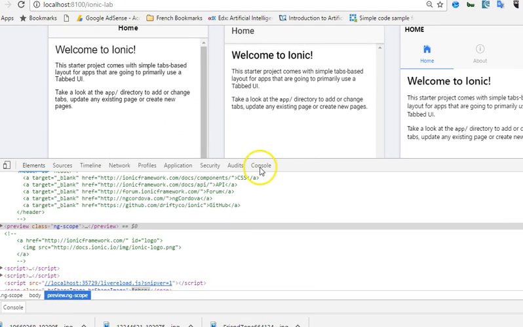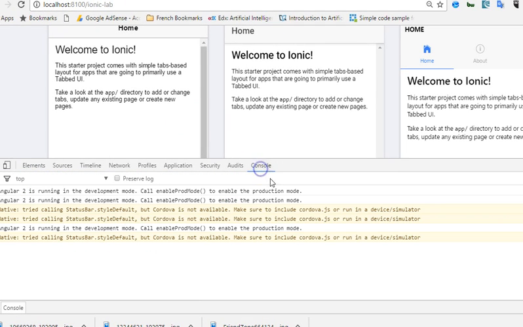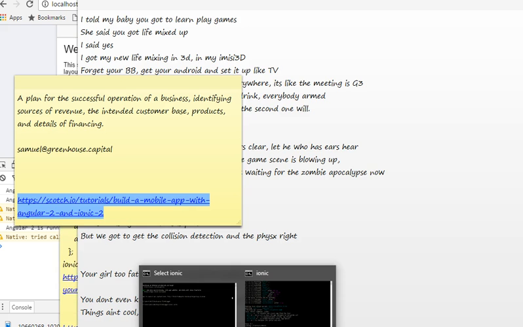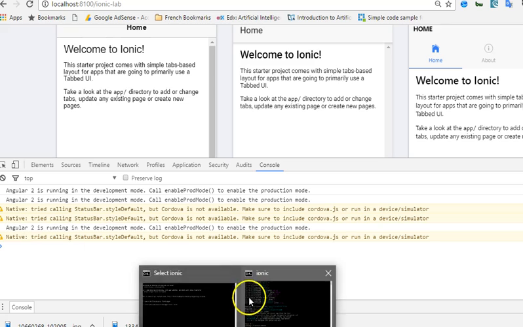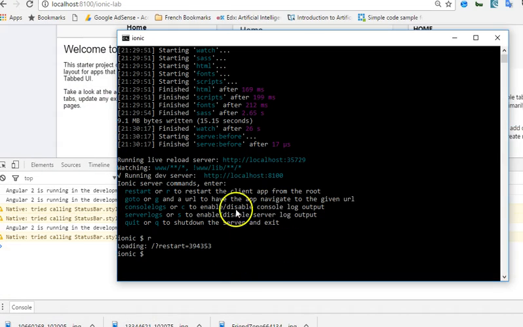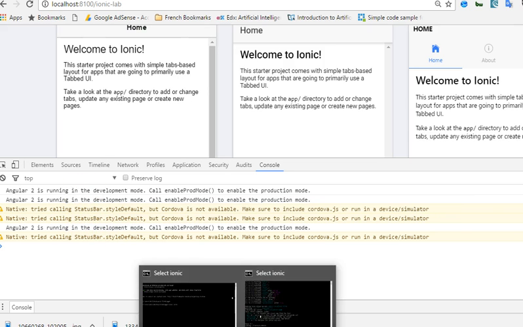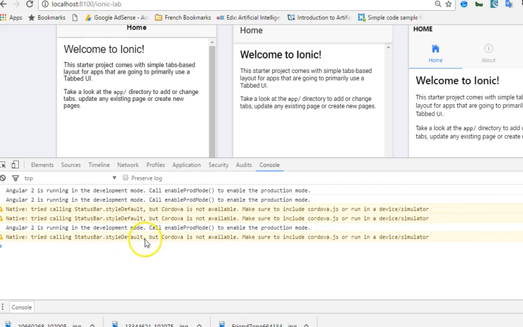So once this pulls up, you click on console. This is the console log. This tells you what's going on in the background as your app is running. Now, if you want to see it in your command prompt, you just click on console. You just type C. It will start running these logs on your CMD. All right,